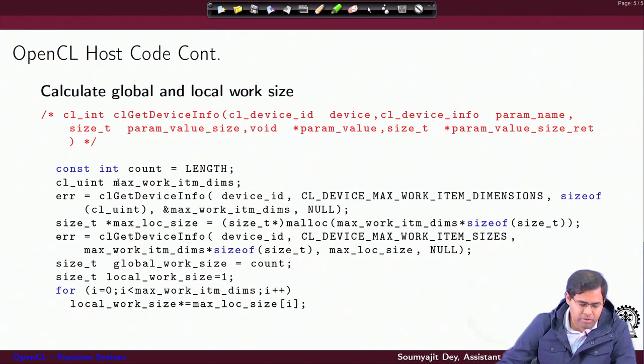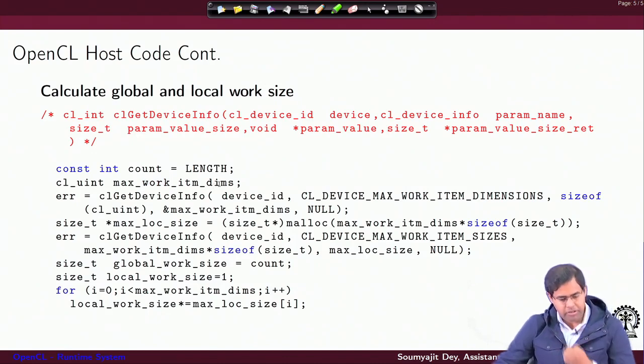So, you have also defined another unsigned integer here, in which you want to store the maximum work item dimension which is supported by the device. If you remember, just a brief recall, in CUDA you had grids containing thread blocks.